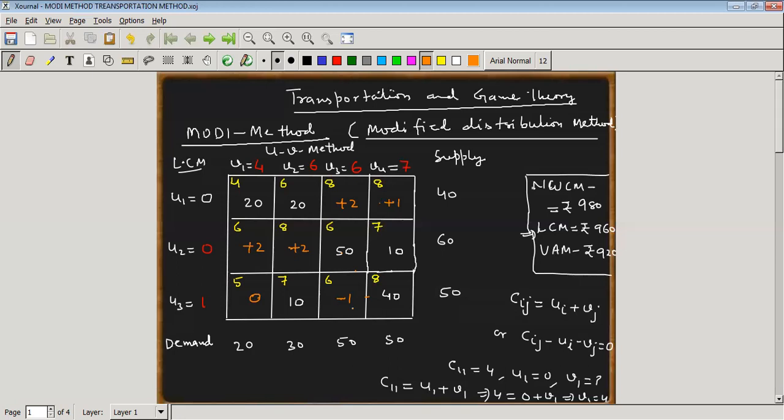So we try to send the maximum number of items in this position, because if we allocate here, the cost per item is reduced by 1 rupee. We have to take care of the supply and demand constraints also. So we try to send theta items in this position. If we send theta items, then because this makes a loop, we first try to find the loop. So this is a loop.